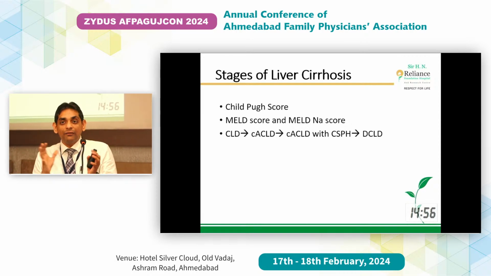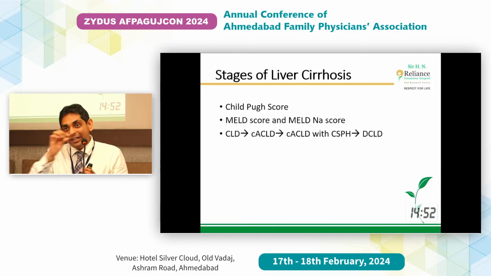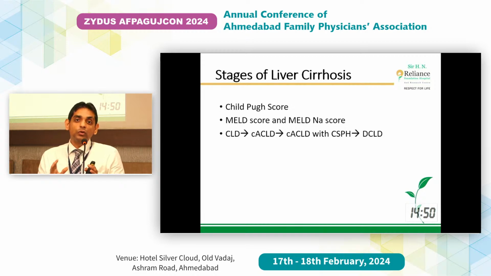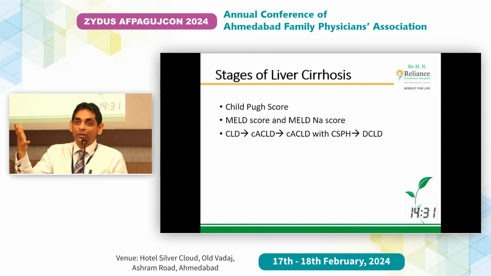So we wanted some way to have a differentiation of scores plus one definition which can cover everything. To start with, we will use the word chronic liver disease. Why? Because of thrombocytopenia, or you did fibroscan or MR elastography and found that the liver was stiff. For simple understanding, we call this soft, this firm, this hard. So this would be a normal liver, fibrotic liver or a cirrhotic liver. It's very easy to explain to a person.